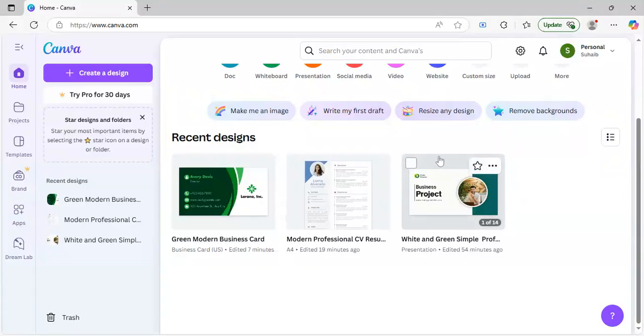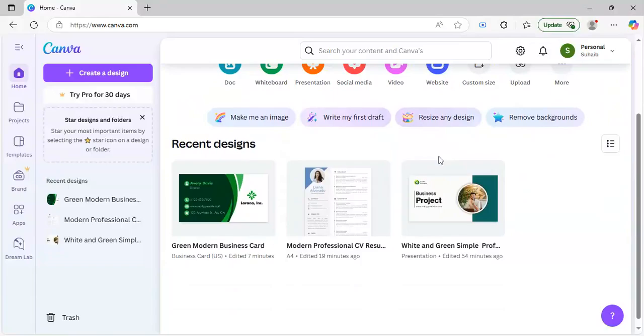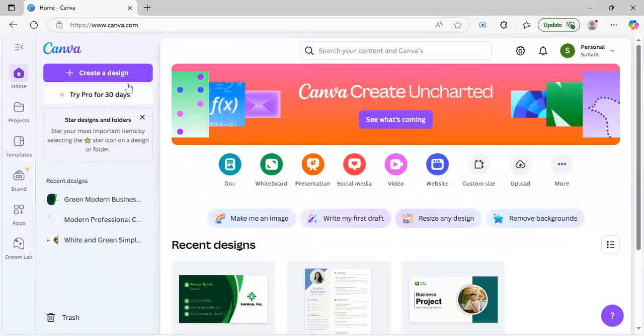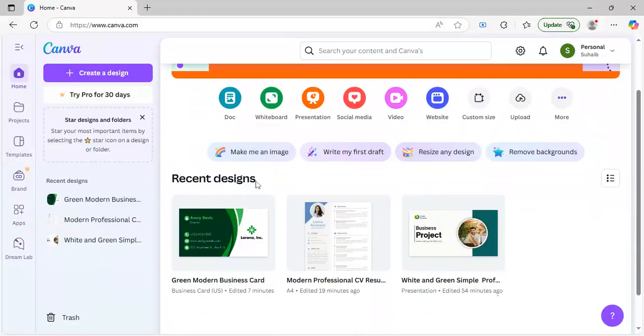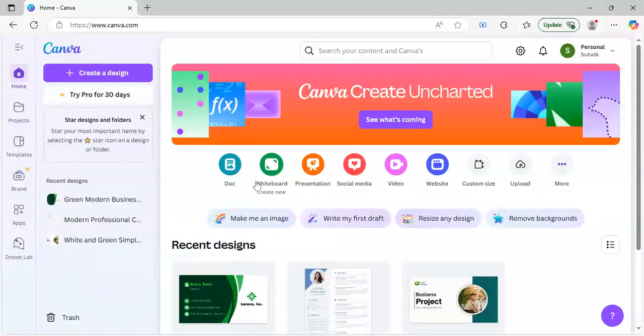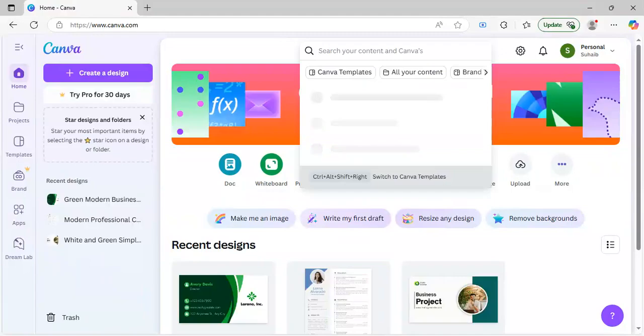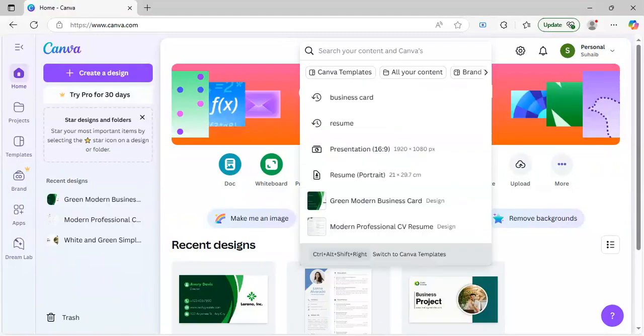So you can find a lot of free templates and things to do, but there are also very pro things that you'll have to get with only pro. So the most common things that people make are presentations, business cards, resumes. So the main thing you have to do is search for whatever you want. Like there are templates for most of the things. For example, if I want to create a presentation, I will type presentation in the search section, and I'll